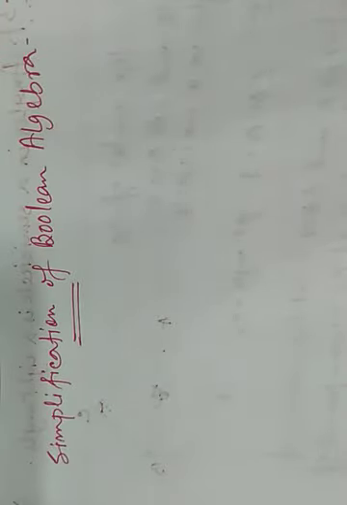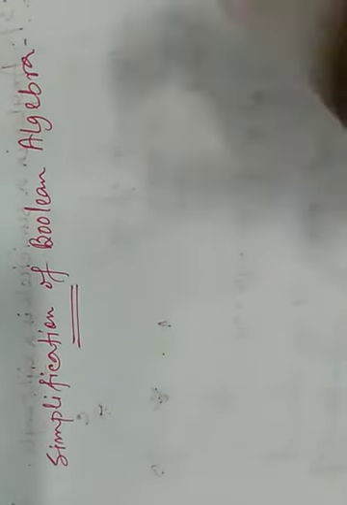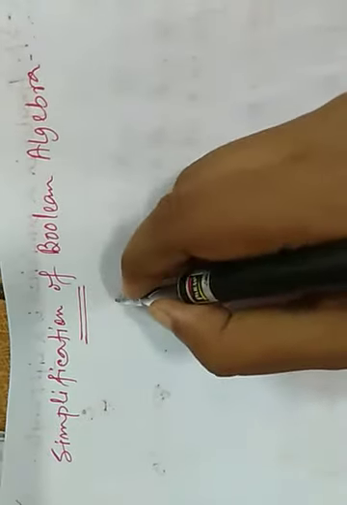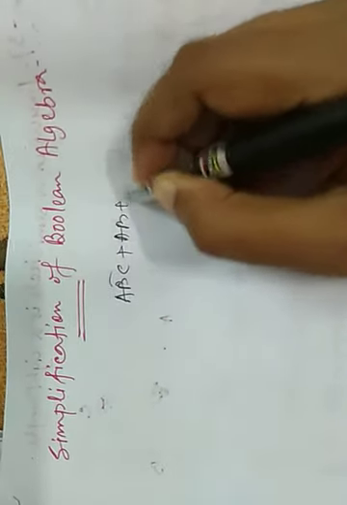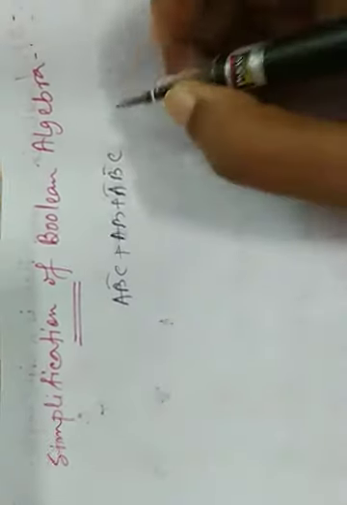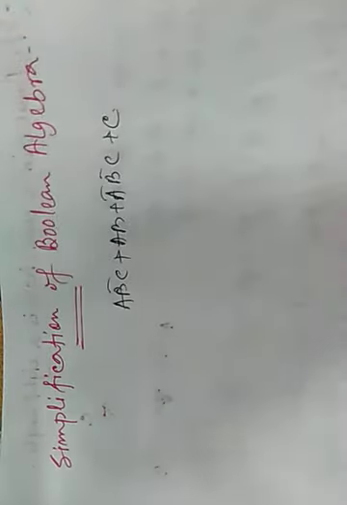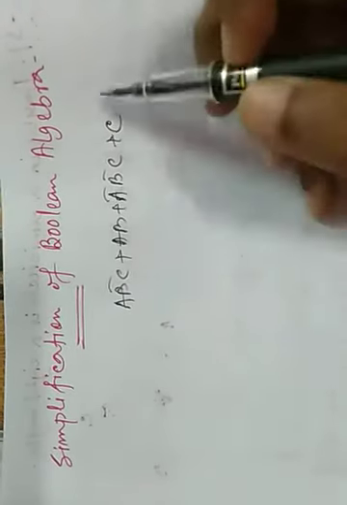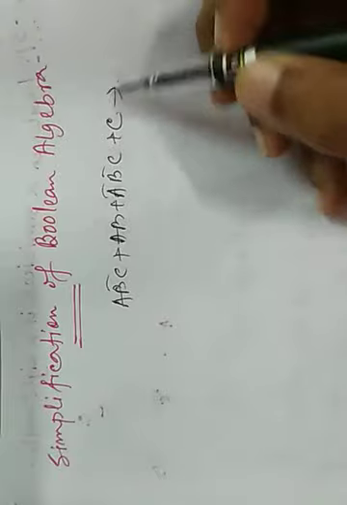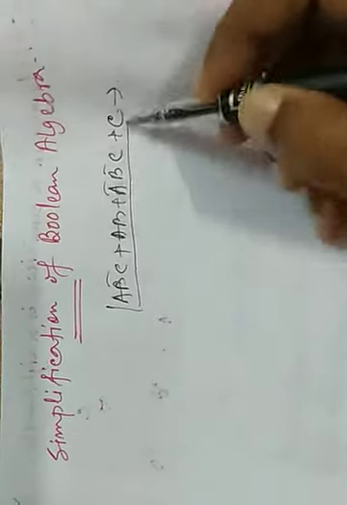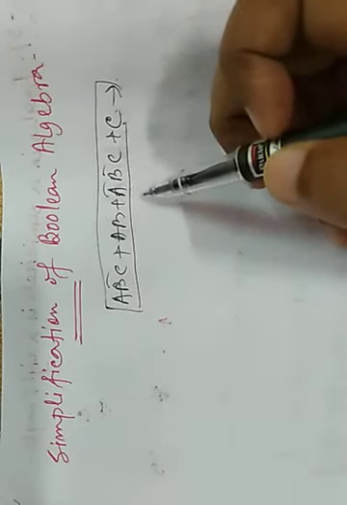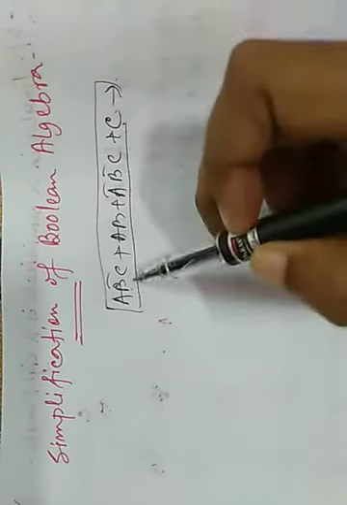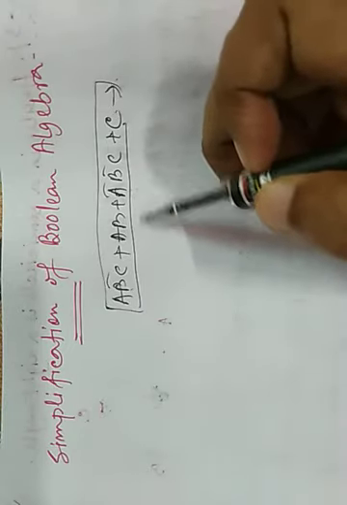So if we get the same results, suppose we have a long expression like this: a b bar c, a b plus a bar b bar c plus c. Suppose after getting the truth table through this Boolean expression, we get some values. This Boolean expression's logic gates must be very complex because there are so many AND, NOR, and OR operations.